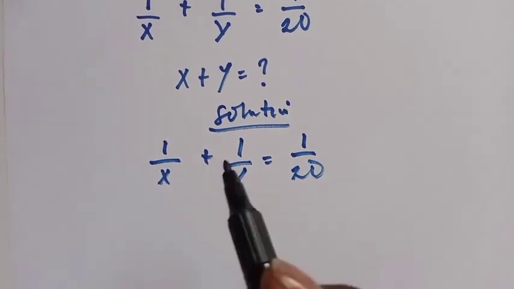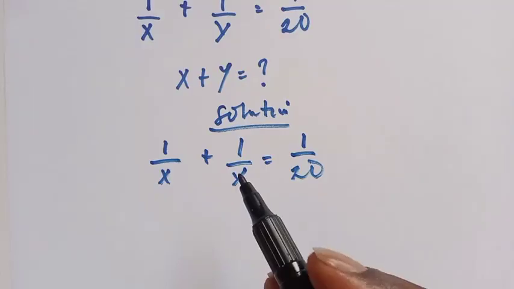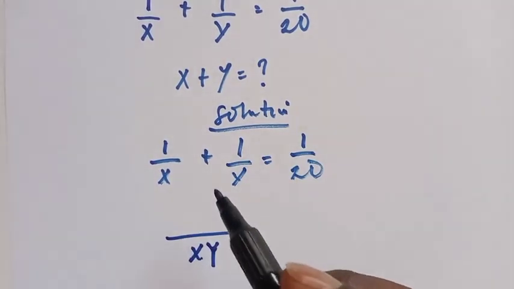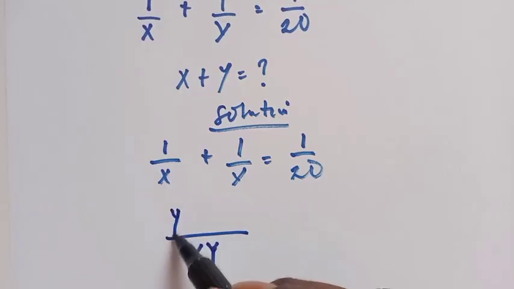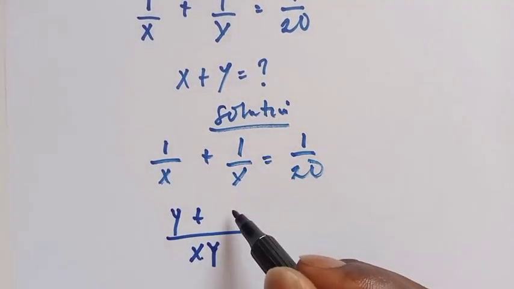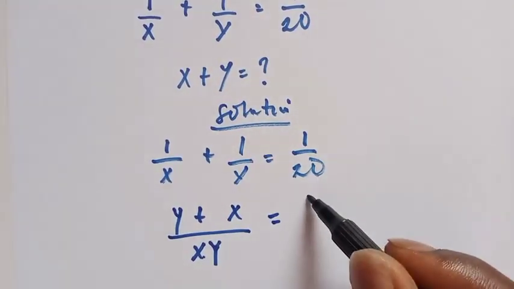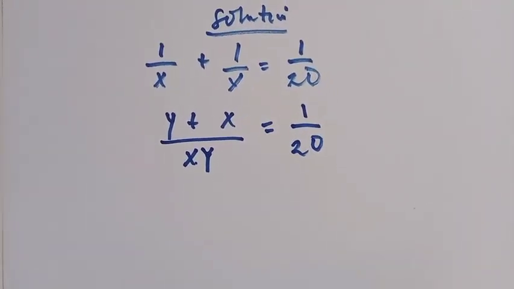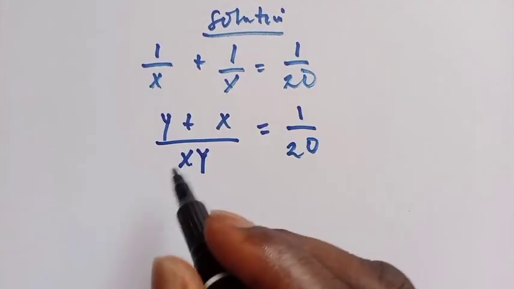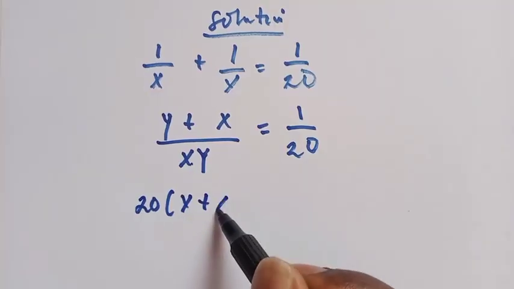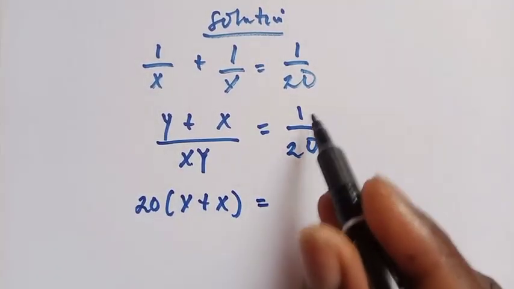I will start by solving the left hand side to a common denominator, which is xy. xy in x will give us y times 1, which is y, plus xy in y will give us x times 1, which is x, which is equal to 1 over 20. From here, if I cross multiply, I have that 20 times (y plus x) is equal to 1 times xy,